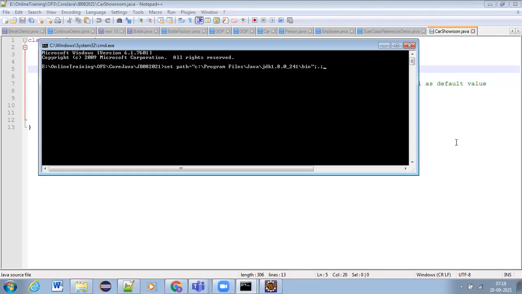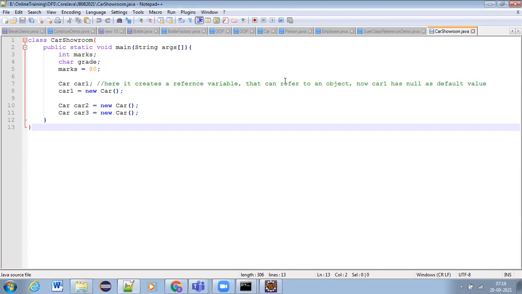So inside JDK we have bin. Until that we have to set the path. Now javac car showroom. Where has it been saved? It is there, no?